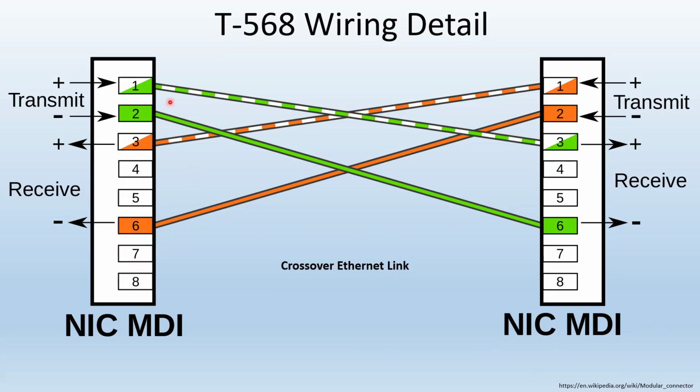Then you need to use a crossover cable, because if you connect transmit to transmit, you're not going to have any communication. The transmit pair has to see the receive pair on the other end. So you need to flip the greens and oranges in order for the communication to take place. So that's why sometimes you need to create a crossover link. Where else would you have a crossover link? Well, sometimes the switches